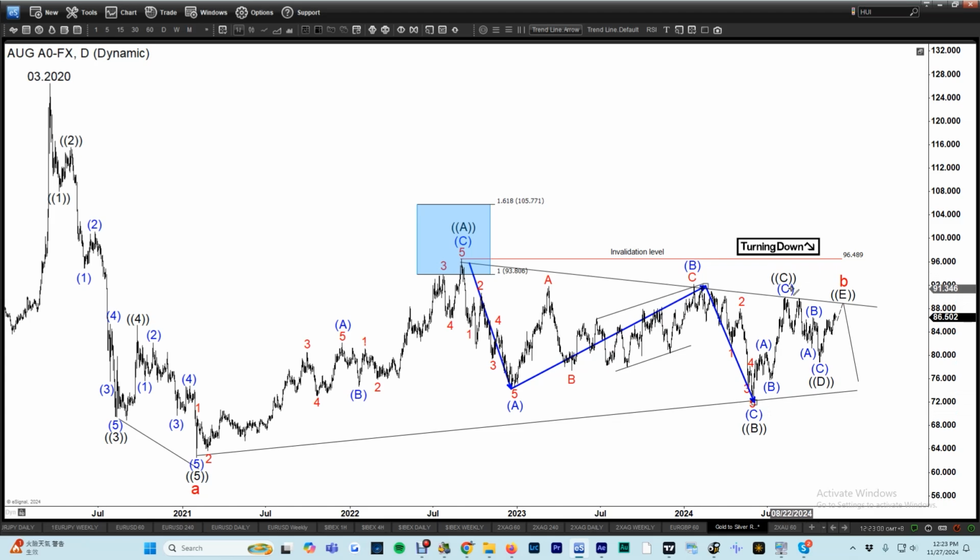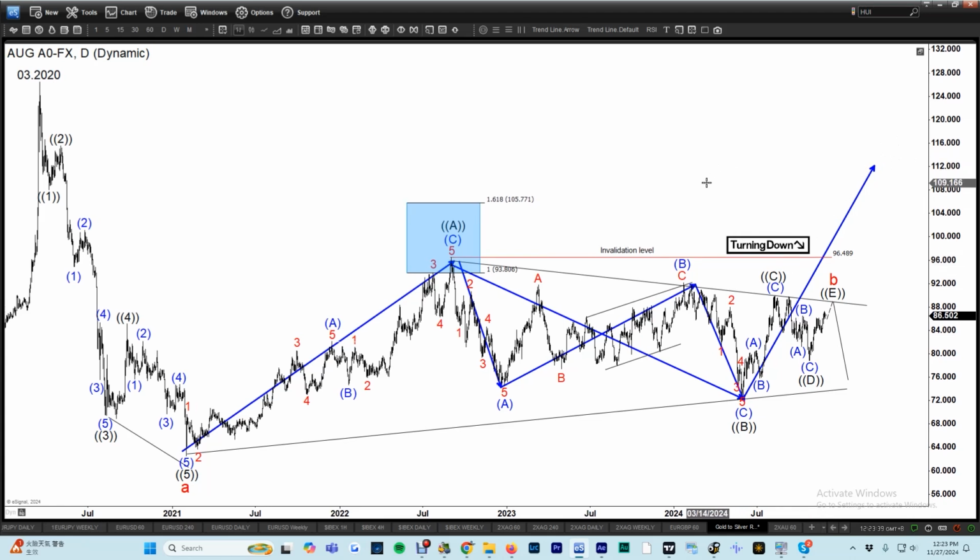So what that means is, because this is also three waves down, technically speaking, you cannot completely eliminate the idea that we are actually doing this W. So this could be a W, this could be X, this could be Y. Now, it still doesn't change the fact that this is corrective, and more likely than not, we're going to break below A at some point in the future because this one was corrective. But because the pullback since then is also three waves only, you cannot completely rule out this entire bigger WXY. It is possible.